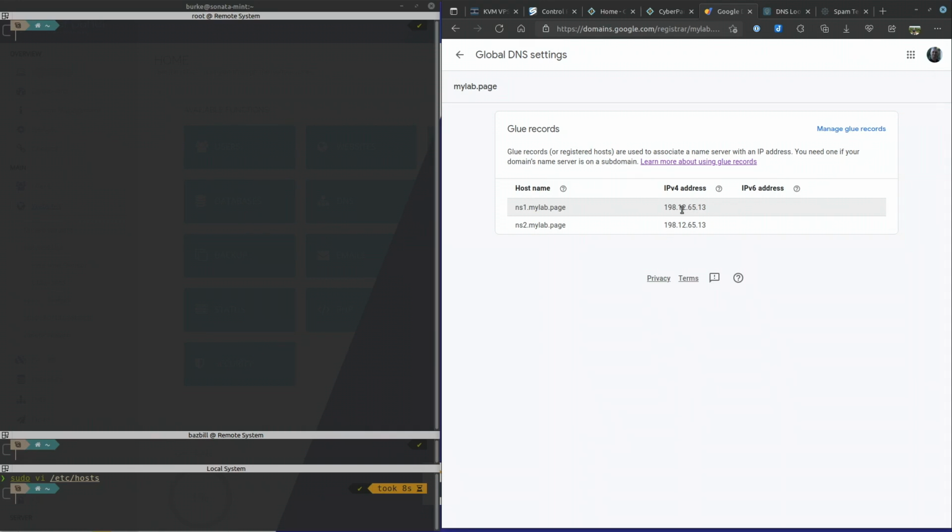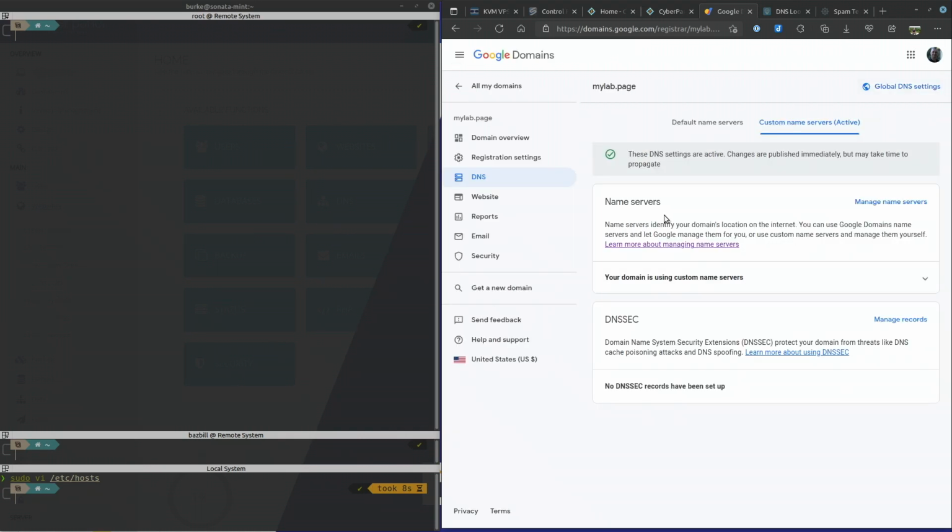Now, if you're doing a home-based system and your internet provider gives you a static IP and they actually allow port 53 to come in for DNS resolution, then you're going to want to make sure that your external IP address is what you specify here. Otherwise, things just aren't going to work right. And of course, you would have to deal with the necessary port forwarding and NATing to get port 53 into the host that you have running CyberPanel. All right, once you've got your glue record set up and your name server specified, you can go back over and get started.